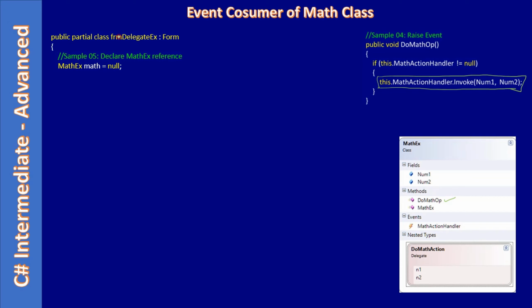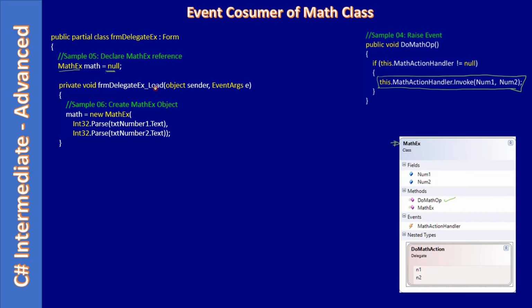Alright, now here is the form. We know our form contains two numbers. So in the form's code behind, first we declare mathEx, and we state that as null. Here we are declaring and initializing it as null. Then in the load part of the form, we create a new instance of mathEx,